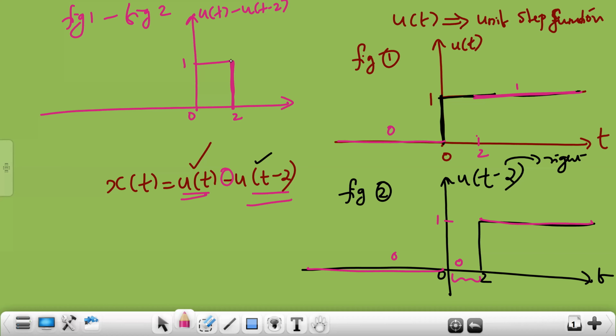So now this is your signal x of t you have plotted, and this is your final answer. Now going to the second question. Have you drawn this? Please draw it, then I'll go to second question. Kindly draw the two figures and the resultant figure after subtracting figure 1 minus figure 2. This is your third figure. So we have subtracted figure 1 minus figure 2 in a time slot basis, and we'll be getting the third figure as well, final figure, which is nothing but figure 1 minus figure 2.